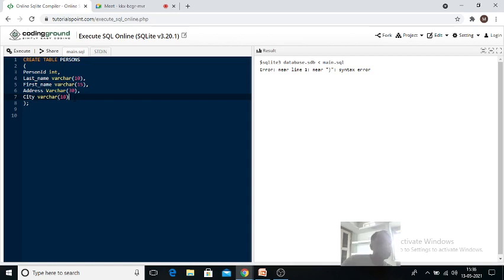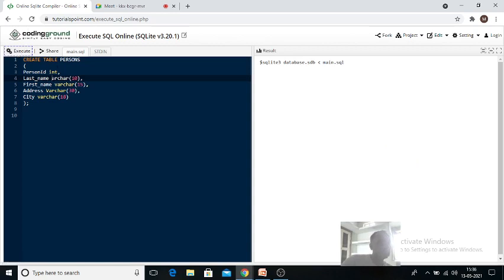Assume that instead of varchar you have written something like this, where v is not typed, and you try to execute this again. We don't know whether it is created or not.